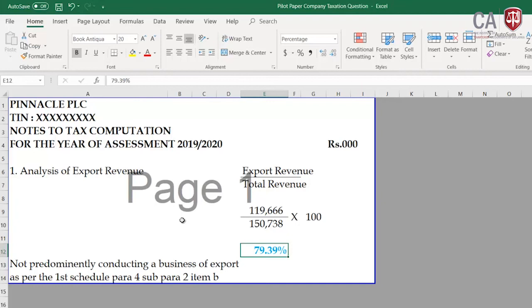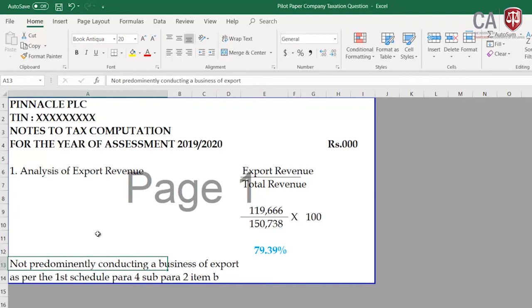This is one of the crucial tests you must do in the examination. Then not predominantly conducting a business of export as per the first schedule, para 4, subpara 2, item B. I have given the extract. You don't have to give this extract provision on the dot, but you have to tell we cannot apply the reduced tax rate of 14% because this is not under the category of predominantly conducting the business of